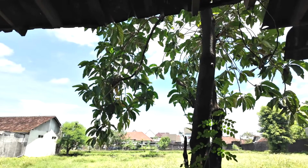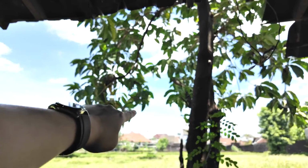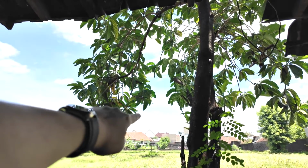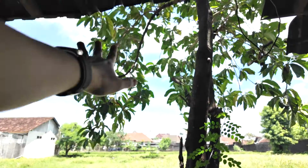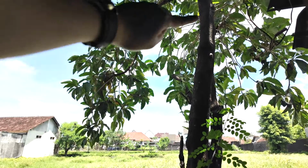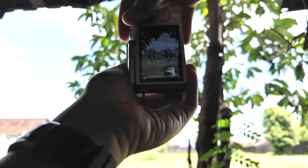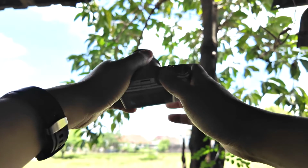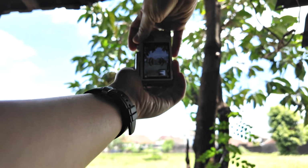One more image for today, one more composition. Still trying to photograph that hut in the middle of the paddy field that we just photographed earlier. But now I'm on the left side of the tree that we just used as the foreground. And I found that this leaves right here is creating like a curved shape thingy. Then I want to try to use it as sort of a foreground. So still with the GX850, 12 to 32mm at 32mm aperture priority